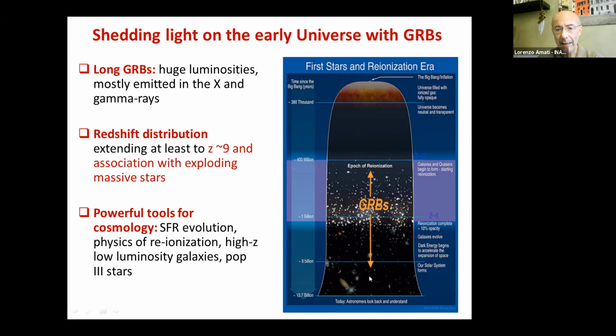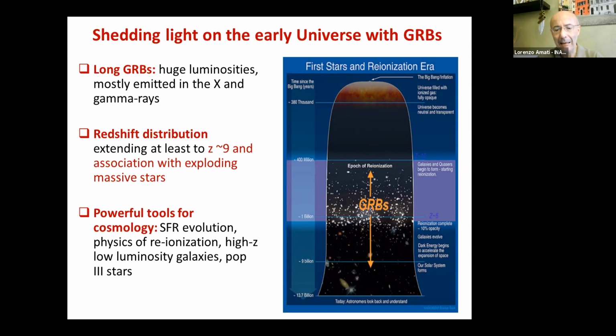And as you can see, they can be detected up to the so-called cosmic dawn, when we're talking about a few 100 million years or even a few tens of millions of years after the Big Bang. So just at the end of the so-called dark ages, when all the hydrogen was neutral and stars and galaxies still had to be formed. Instead, at this epoch, the first galaxies and stars start illuminating the neutral hydrogen, and the universe starts to reionize the neutral hydrogen, starting the so-called cosmic ionization process.